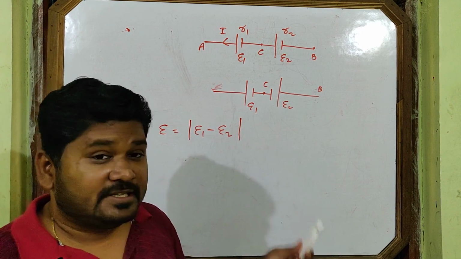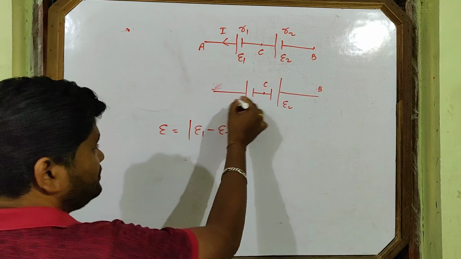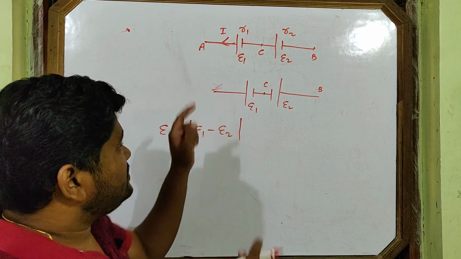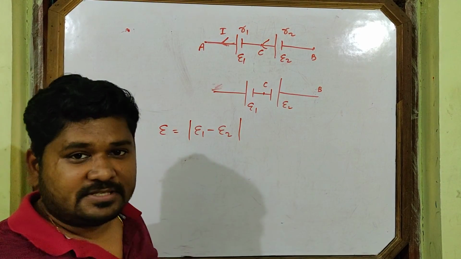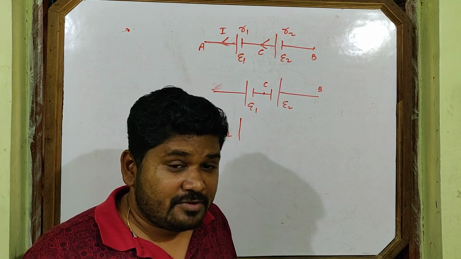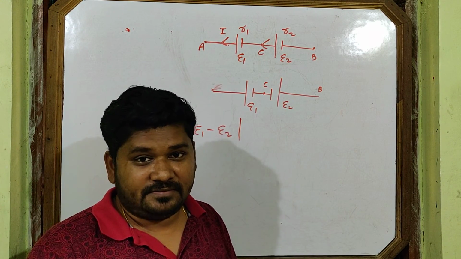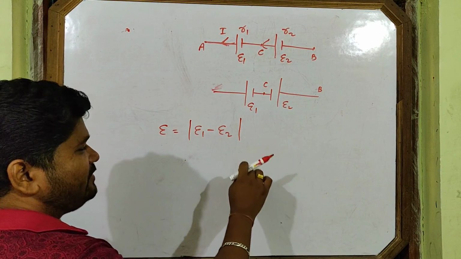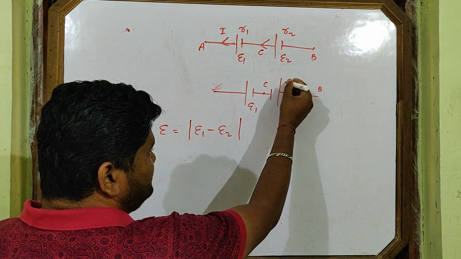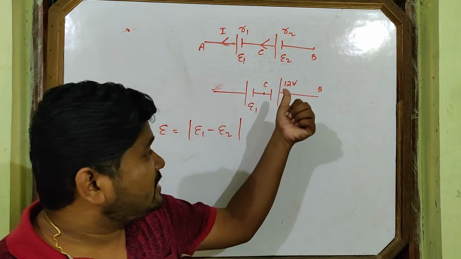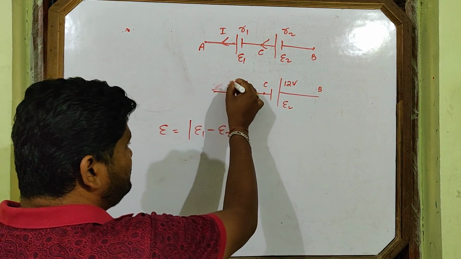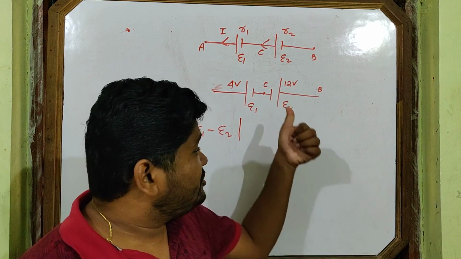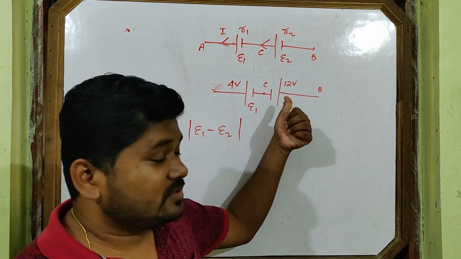In that condition, I am giving one example. Here the question again comes to your mind: with this type of connection, current passes like this. But where will we show the direction of current in the circuit? In that situation, we will see which cell has the higher EMF. Suppose this is 12 volt EMF, and this is 4 volt EMF. Which cell has the higher EMF? This one. So this one will drive the circuit. This is the main hero. This will drive the circuit.